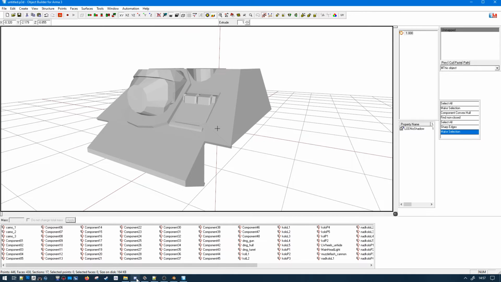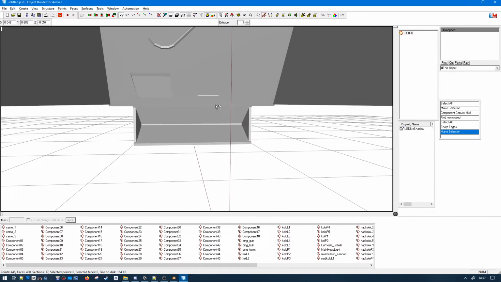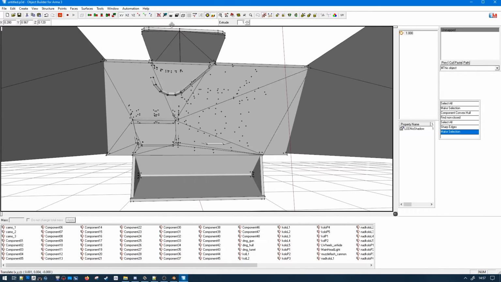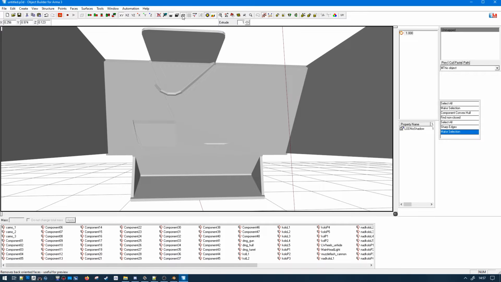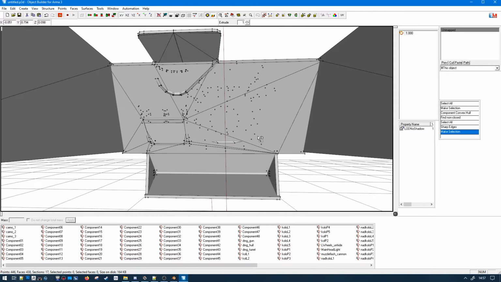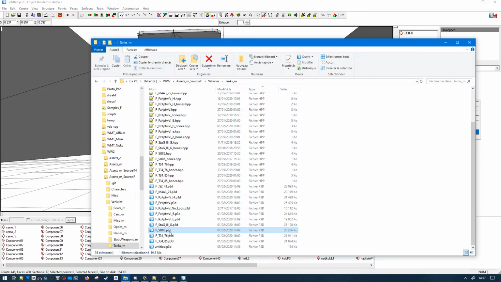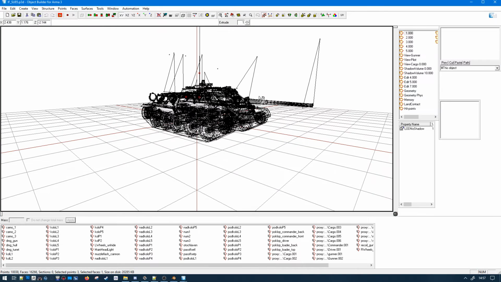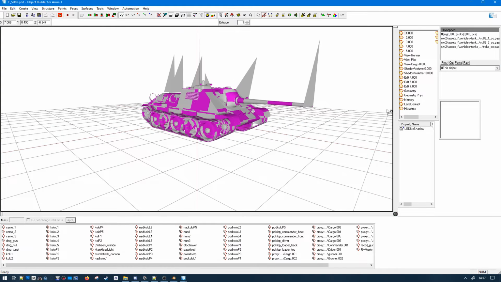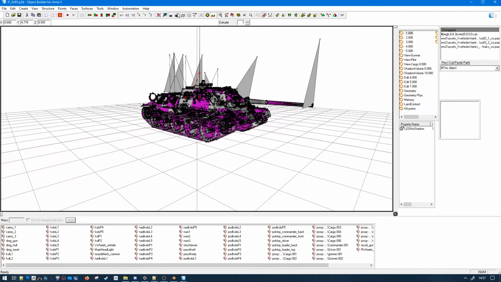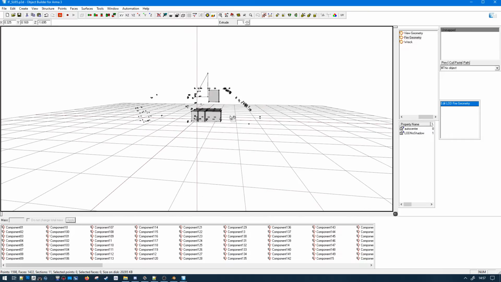Okay, so let's do a comparison. That's my interior, and if we take their interior, no, not really.